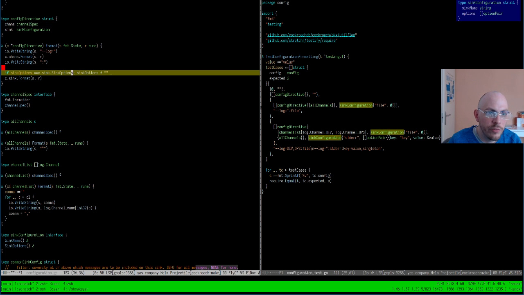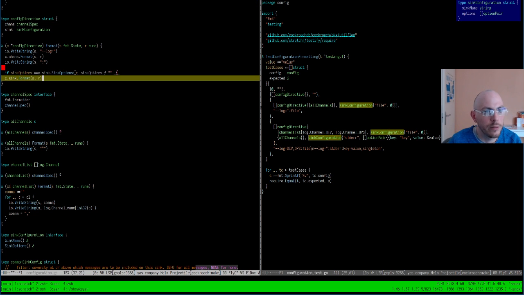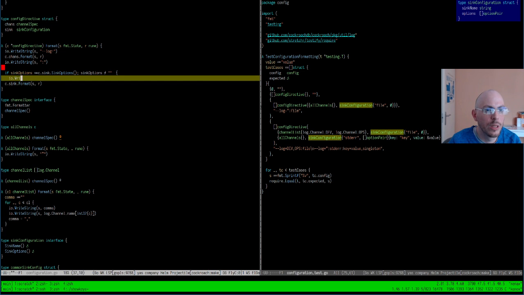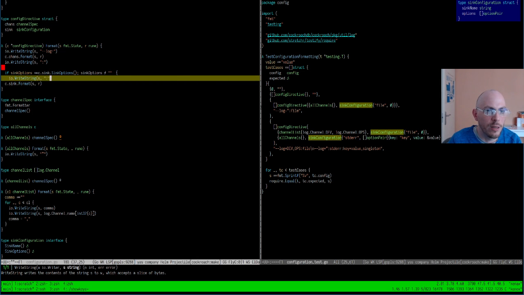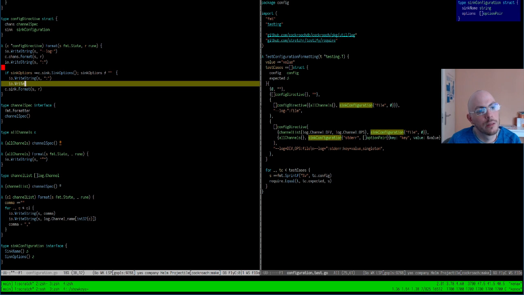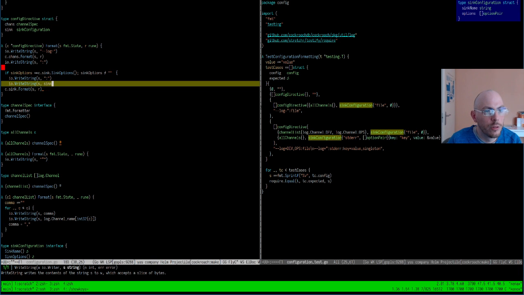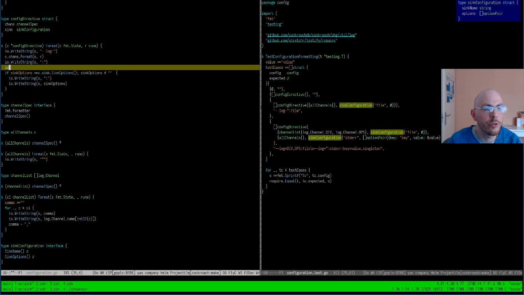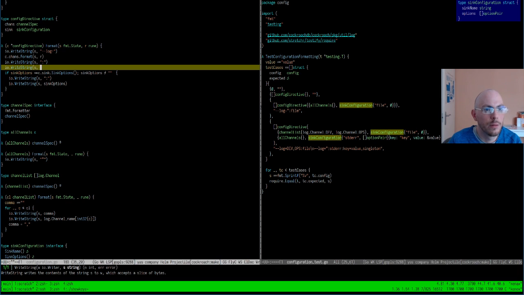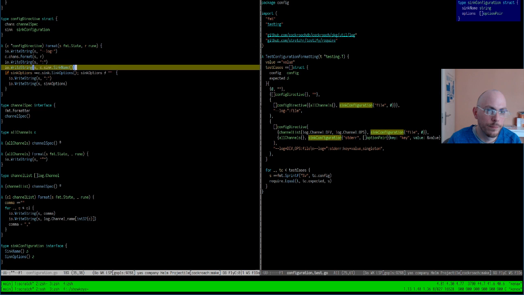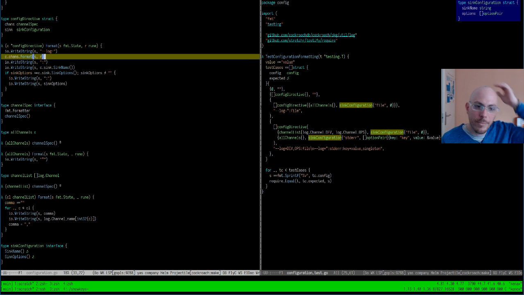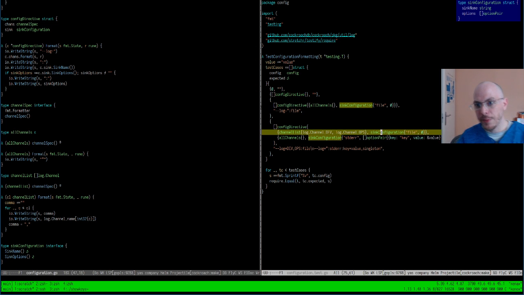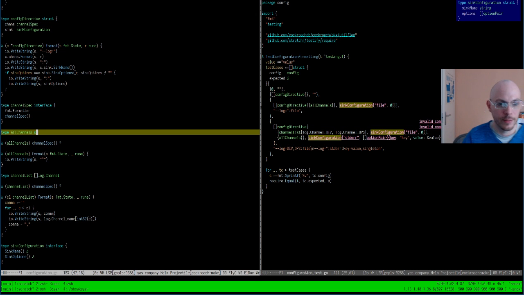So if I do have sync options, they're not empty, then I show them after a colon. All right, and I want the sync name first. There we go. So now the test is broken for the time being. I'll fix it in a second.